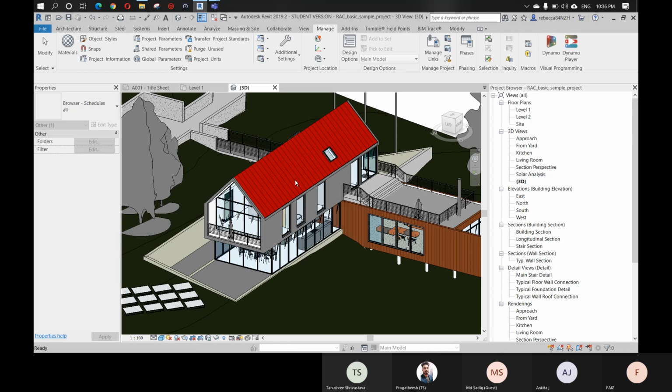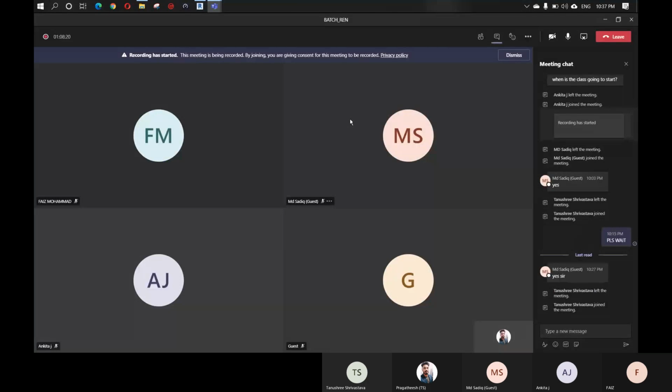So in that case, the design engineer will change the design itself, and then we'll be getting the new design drawing. As per the new design drawing, we have to make the changes in our model, and then do the same process of coordination meeting again and again, and this continues. Okay, is that clear? Yes, sir. Okay, any other questions, anyone?